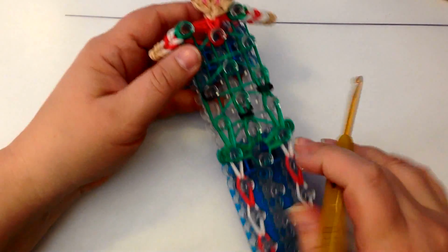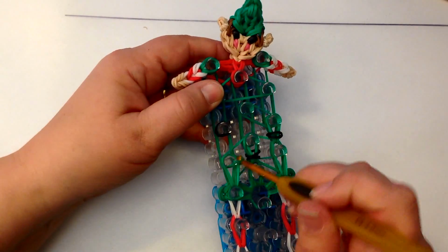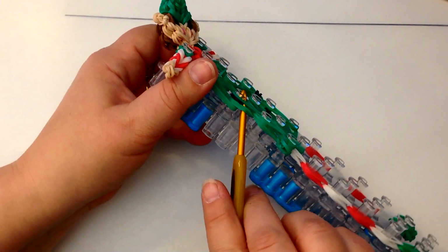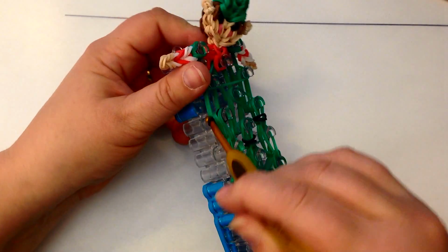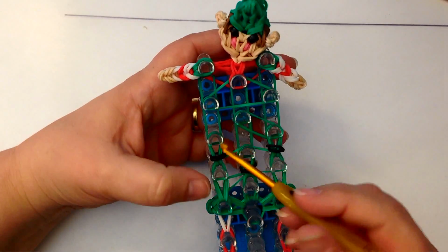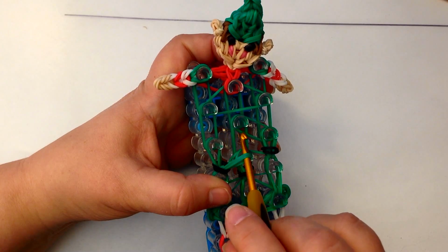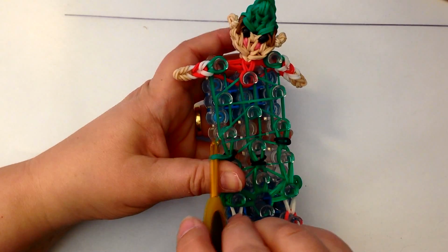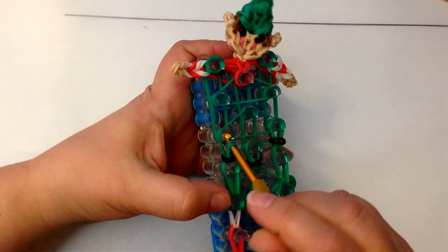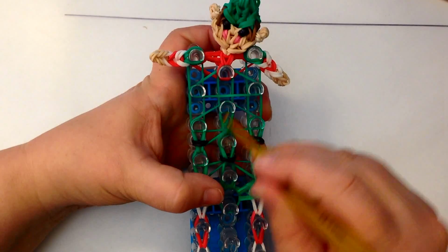Alright, do the same the other side. We'll release the crossover band, we'll loop up, we'll dig down past the green to grab the 2 black, pull it around and forward, pretty it up. You're going to go through the top 2, take the top 2 bands off, grab your crossover band, put it in place, and re-loop those. Loop this up,